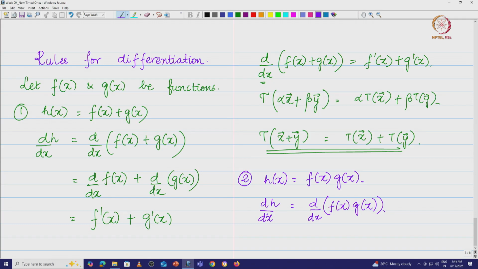So we saw that the derivative of the sum is equal to the sum of derivatives. Now we want to see what is the derivative of a product. Is the derivative of a product the product of derivatives? Well, that seems to be pretty interesting if we have something like that. So let us put a question mark here. Is it equal to f dashed of x into g dashed of x? We do not even know. If that were to be the case, life is very easy. Derivative of sum is sum of derivatives, derivative of product is product of derivatives. No, of course we have to check what is going to happen.